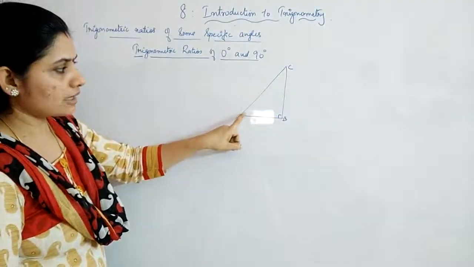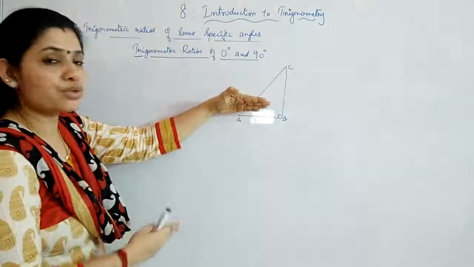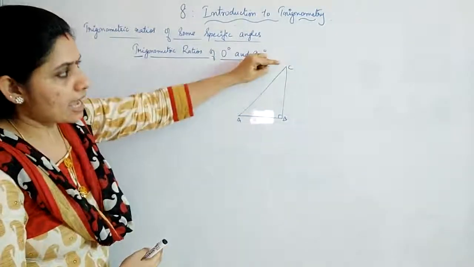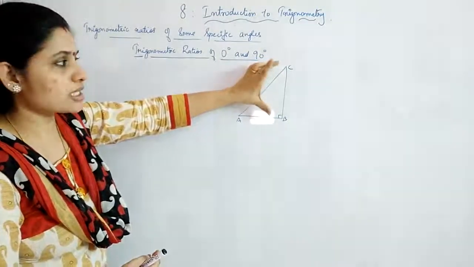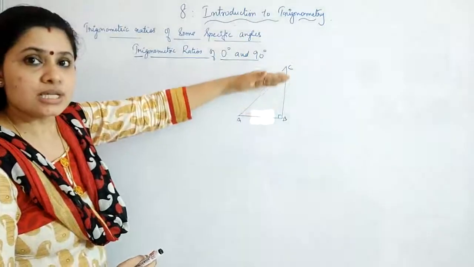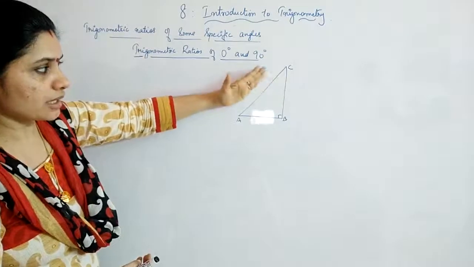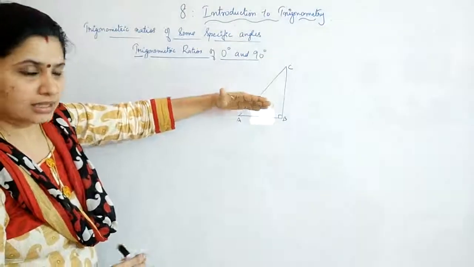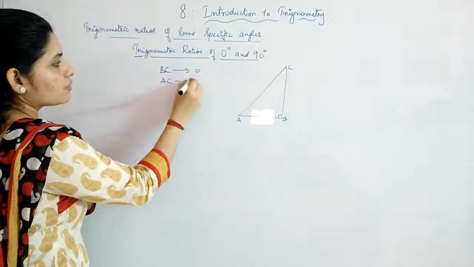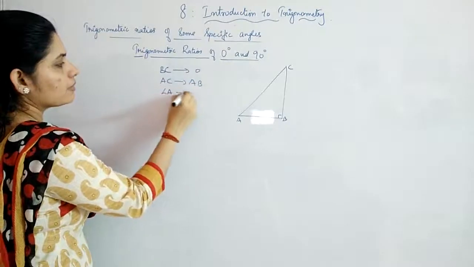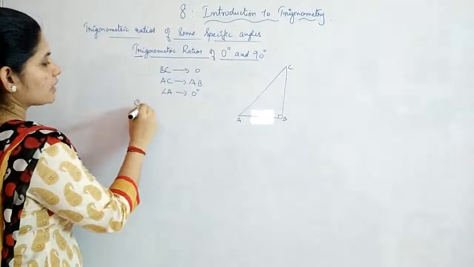At that point, the angle of A, this angle gets reduced, and that will be approaching 0 degrees. And as C approaches B, the meaning is the length of the side BC is approaching 0. And this side AC is coming like this, approaching AB. That means you can say BC is approaching 0, AC will be approaching AB, and angle A will be approaching 0 degree. Now we will find out what will be sine A.